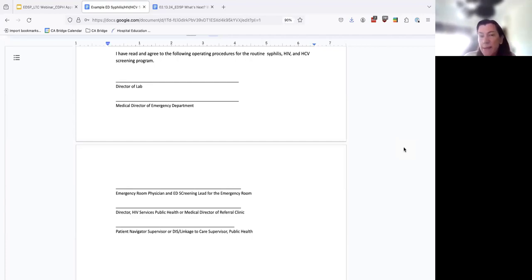And that's it. That's really an example. I'll reiterate that. This is just an example. Yours may look very different than this, but we wanted to just give you a starting point that you can then revise, edit, and or completely make your own version of standard operating procedures.